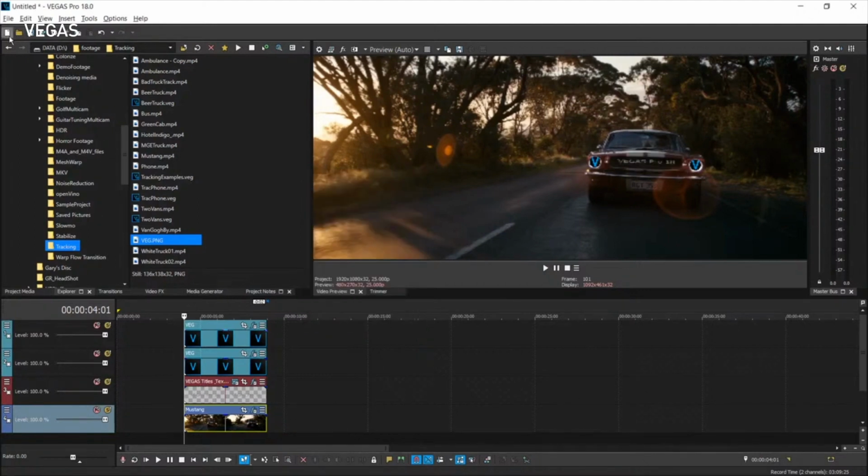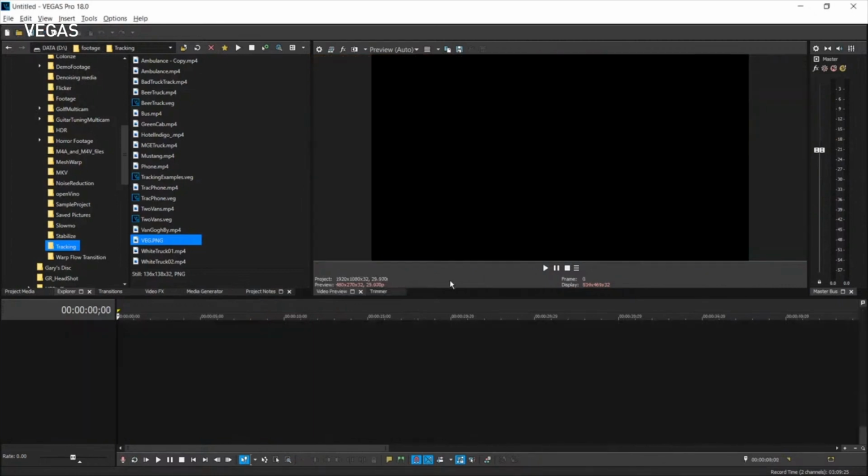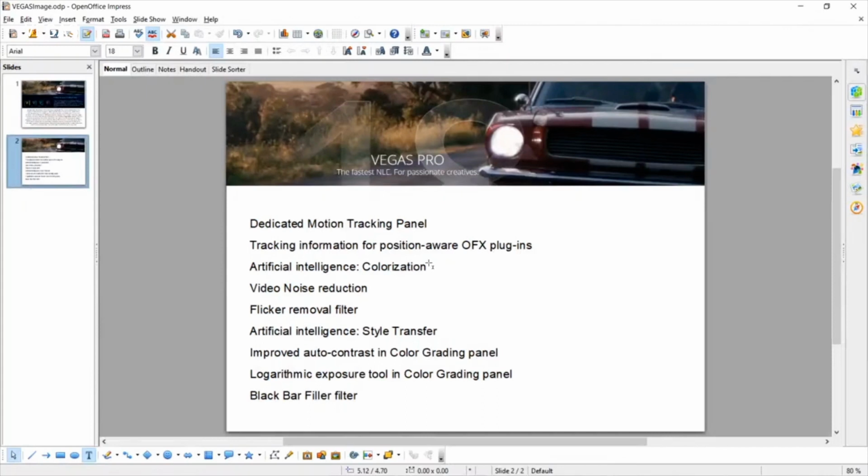Okay, great. So that's the new dedicated motion tracking panel, and I also showed you the tracking information for position-aware OFX plugins. Let's switch to talking a little bit about some of the artificial intelligence work that we did in Vegas Pro 18. Specifically, in the presentation that I did 3 weeks ago, I don't think I talked at all about the colorization tool, or if I did, it was very brief. So let's spend a little bit more time talking about the way that we've leveraged artificial intelligence to help you colorize